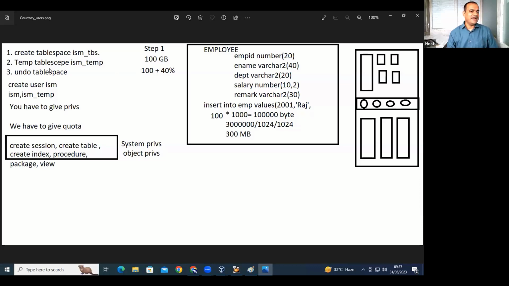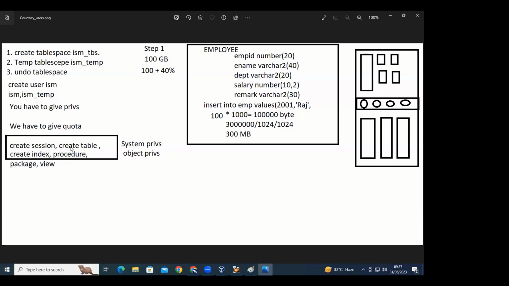Then how to create table space, that we have gone through, and after that I have just created one user, and then under that I have given some permission after creating the table, and that permission we know as system privileges. Example, create session, create table. So we have gone through example of it, if you remember. Okay. Yeah, I think you did some